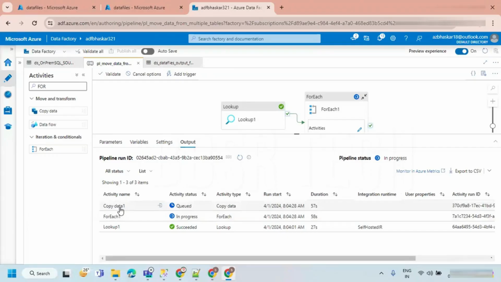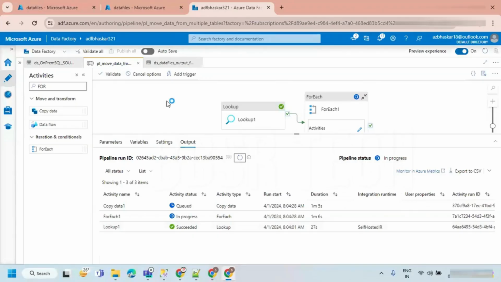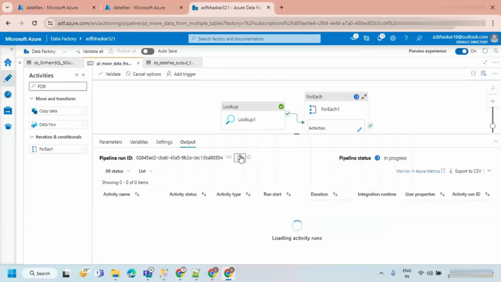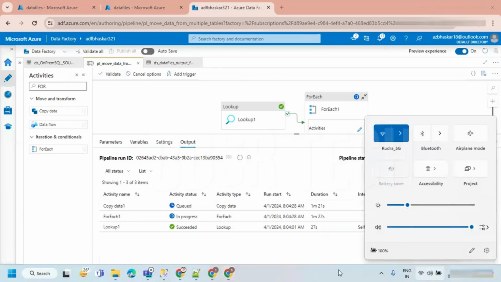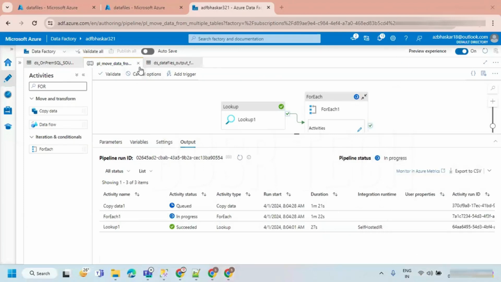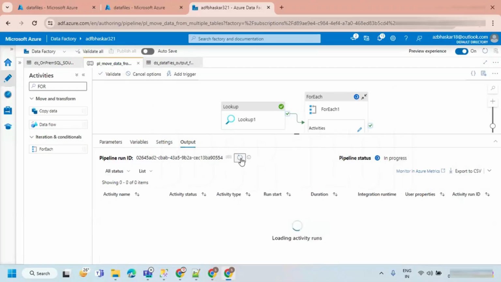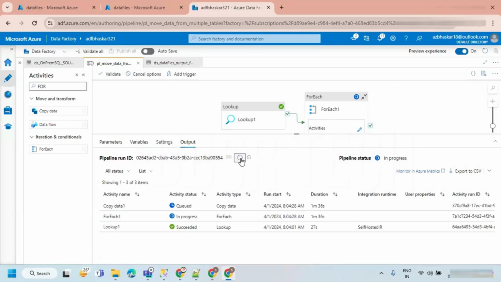Also, why is it taking longer time? It's still in the queue. Good. Just give a moment, let me cancel this.